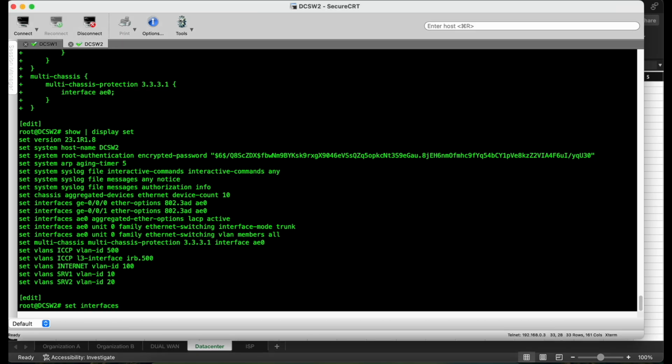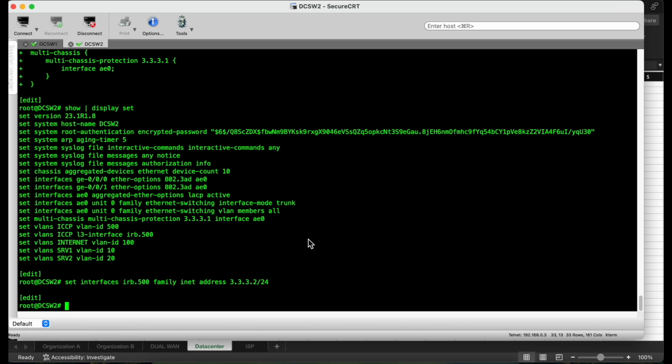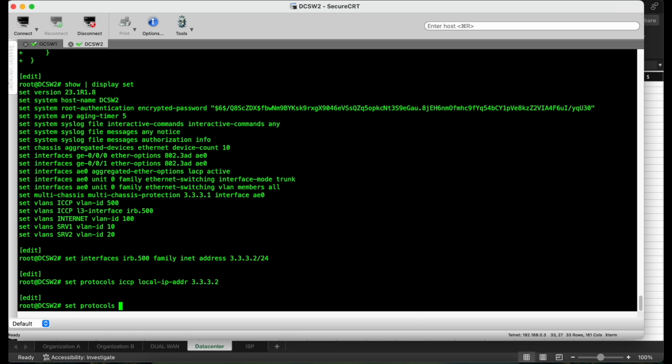So set interfaces IRB 500, family inet, address 3.3.3.2/24. Add the ICCP, set protocols ICCP, local address is 3.3.3.2, set protocols ICCP, peer is 3.3.3.1,